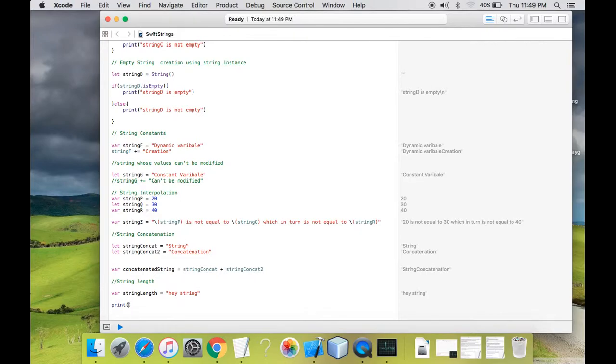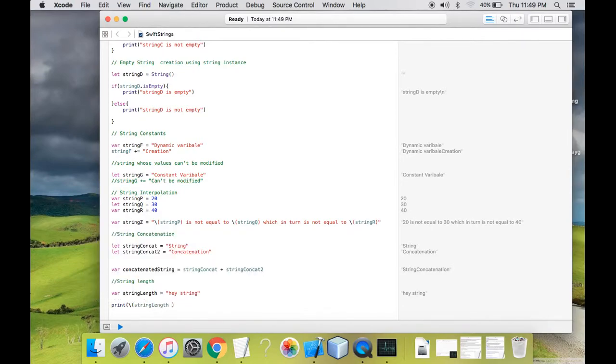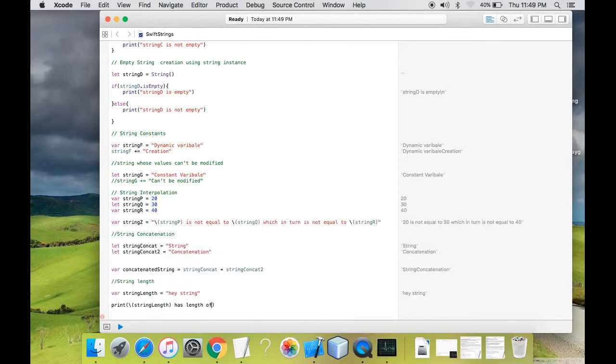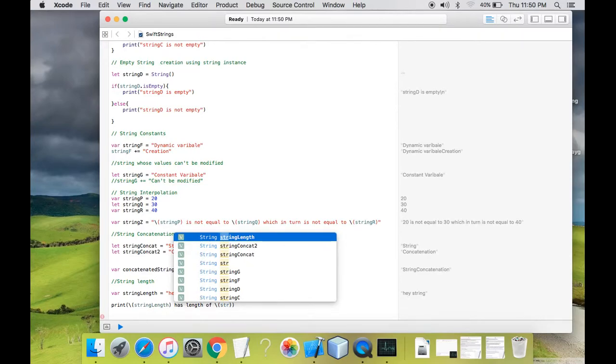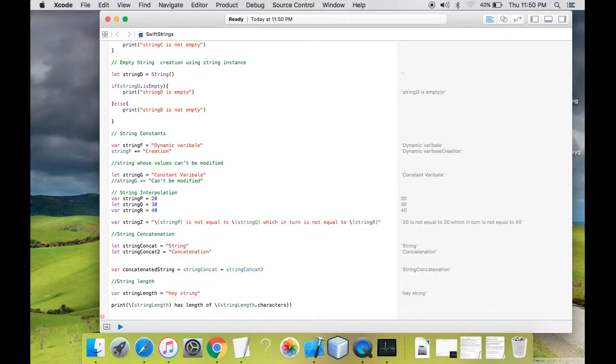I'll say my string length has a length of, and now I'll use the function: string length dot characters dot count.